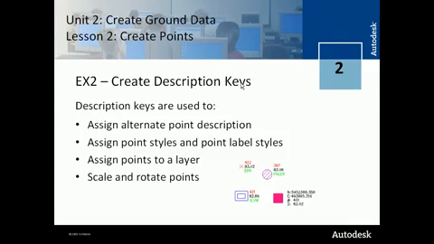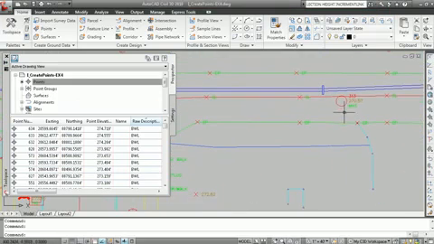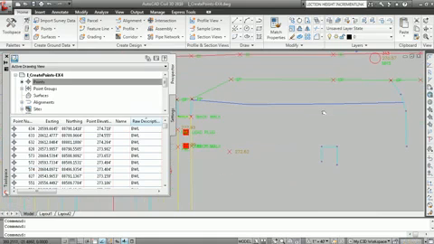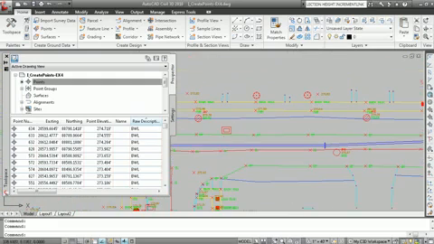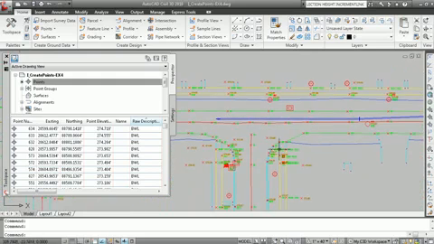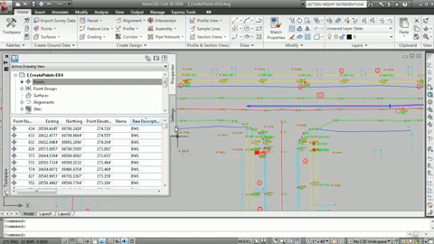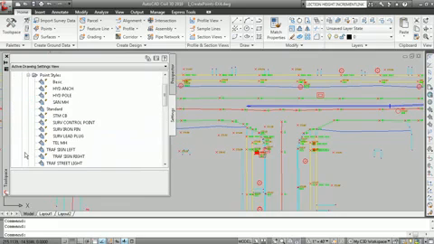You can also create description keys, and the description keys are essentially lookup tables that will assign an alternate point description, assign point styles and point label styles, and assign points to a layer, and they will also scale and rotate points. So that's why some points have different symbols and descriptions, and this one's showing just the elevation, these are showing just the description, this one's showing just the symbol, this one is showing a cross with the elevation and the description. And description keys are found under the Settings tab of the Toolspace by expanding Point and Point Styles,